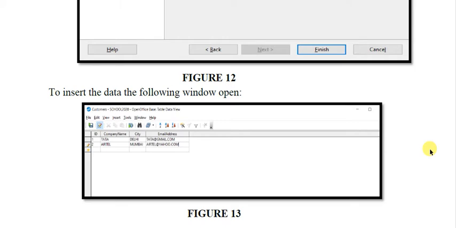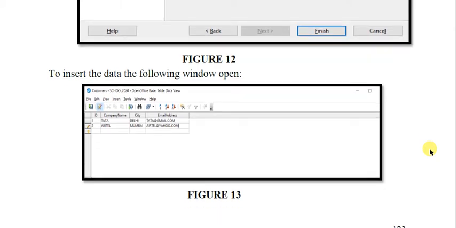But you have to keep in mind that the primary key cannot be the same for more than one record. The basic properties of the primary key are two. Number one, it should be unique. Number two, it should not be left blank. You cannot leave this ID field blank. If you leave it and want to save the table, the software will not allow you to save it. It will give you a message that you have not entered the value of the primary key. Or if you have selected it as auto value, it will automatically add the values for you.